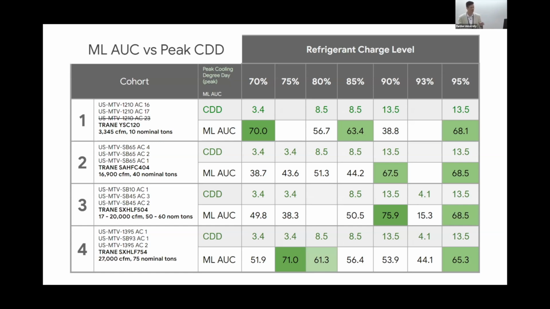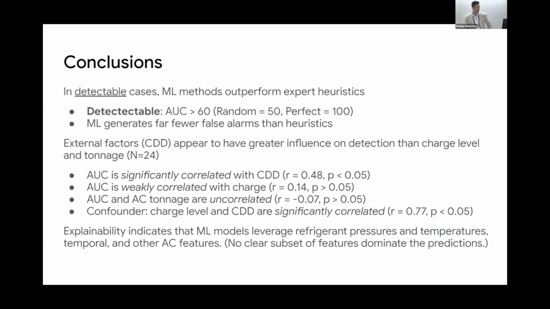It won't detect very well if it's a low load, because the AC is able to kind of compensate internally with those pressures and temperatures. So to conclude, to summarize our findings here: in the detectable cases, it outperformed the human expert. The ML methods did better, largely because the humans